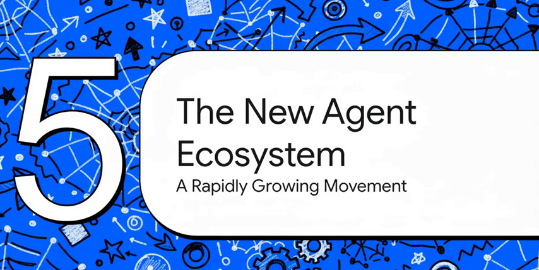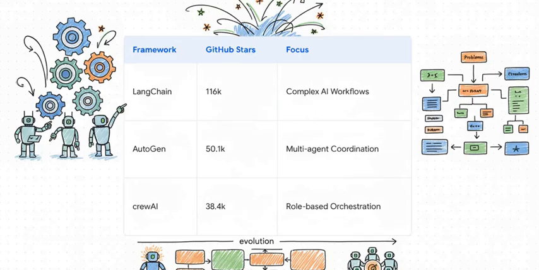Now, this idea of coordinating multiple agents, this isn't some niche concept. It's part of a massive, fast-growing movement that's happening across the entire AI development landscape. I mean, you can see this trend everywhere you look. Frameworks like LangChain, Microsoft's AutoGen, and crewAI are just exploding in popularity. Now, they all have slightly different approaches, but they all share the same core mission: building systems to orchestrate teams of AI agents to solve problems that are just way too complex for any single agent to handle on its own.